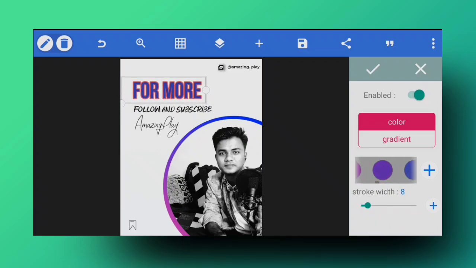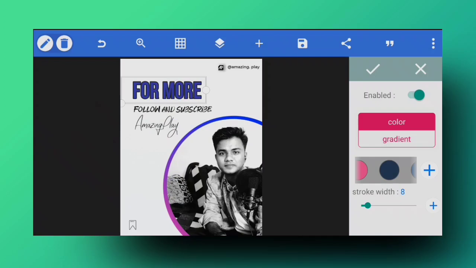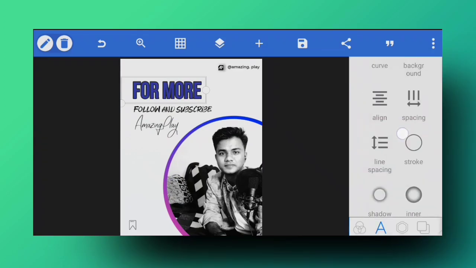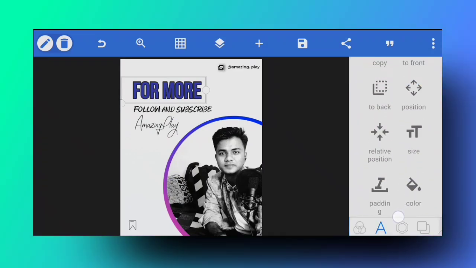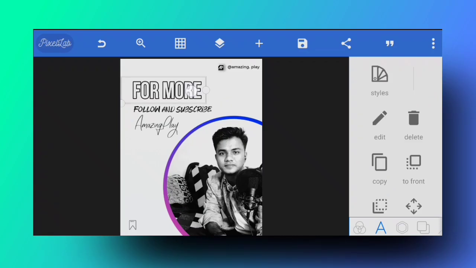If I change the color to black, I'm just going to select black right here. This is what black looks like. And if I change the color of the text itself to white, as you can see, this is how it looks.